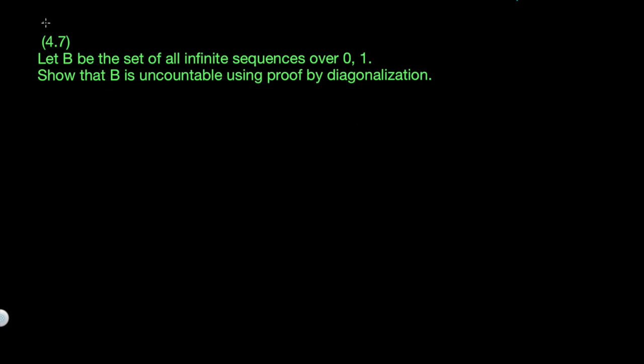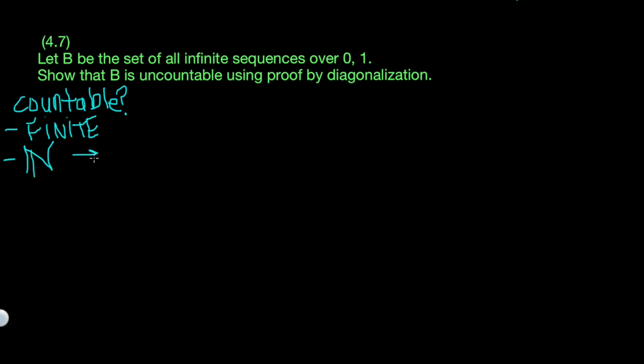So the first thing we need to ask ourselves is, what exactly do we mean when we say that a set is countable? According to the book, on page 203, I think it's definition 4.14, it says a set is countable if it is either finite or it has the same size as N, where N is the set of natural numbers. So there we go, N, where n can take on values such as 1, 2, 3,